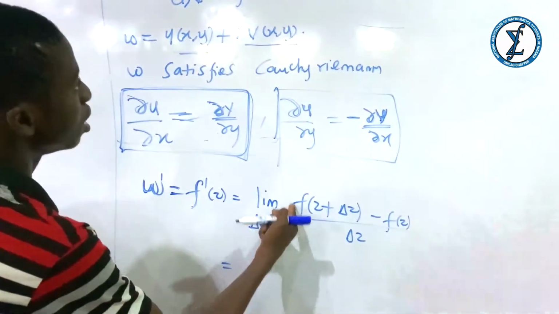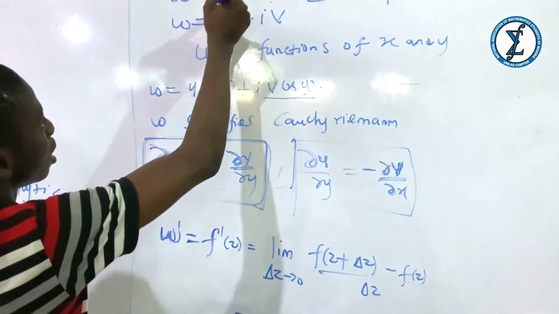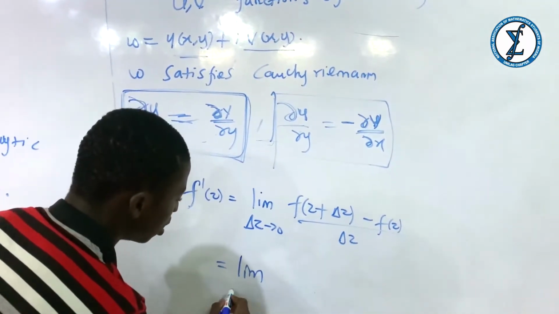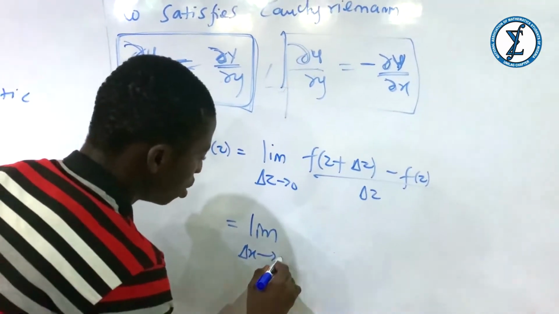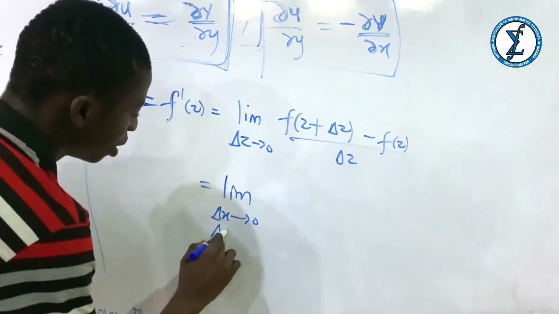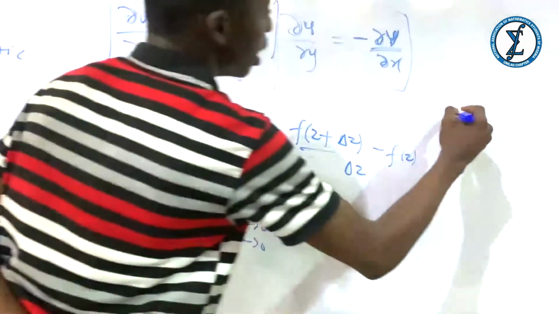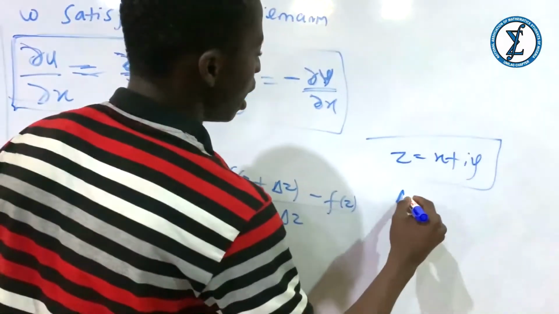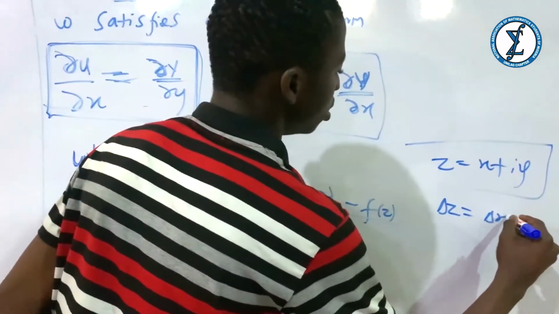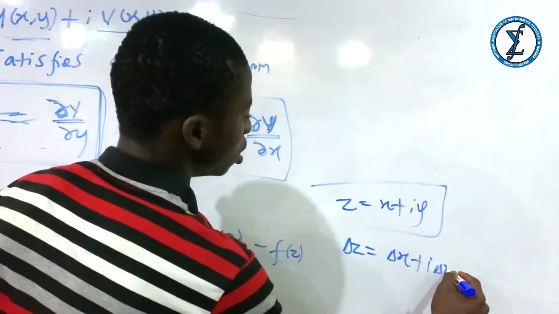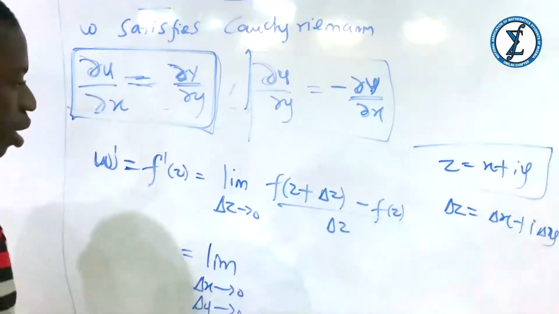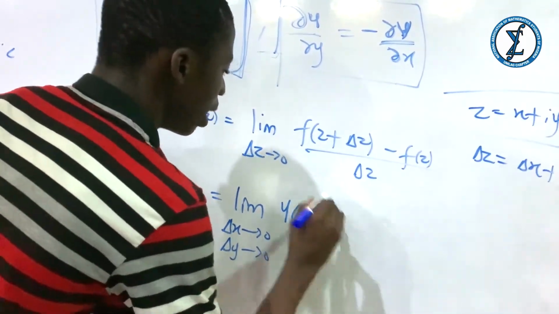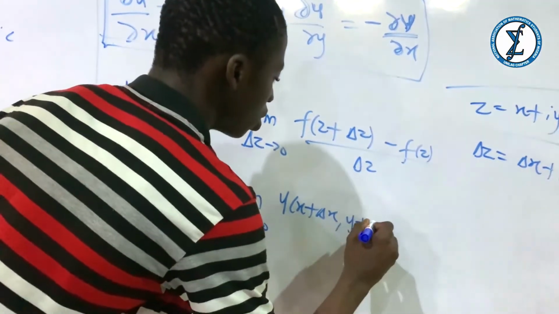Since W can be written as this, I can write this as delta X tends to 0 and delta Y tends to 0, since I can write Z as a function of X. So delta Z is the same thing as delta X plus i delta Y. Then I will have U of X plus delta X, comma, Y plus delta Y,